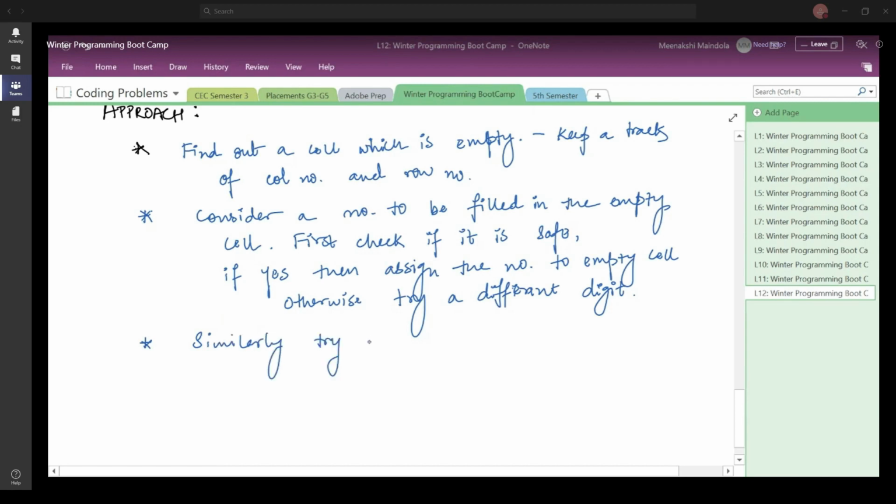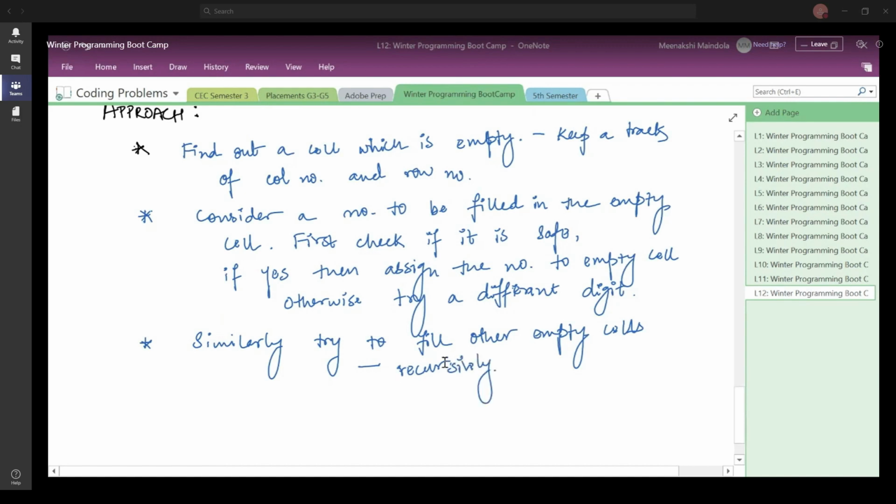Once you've done this, you similarly try to fill other empty cells, and so this part, the third step here, is done recursively. So you recursively keep on trying for the different cells.